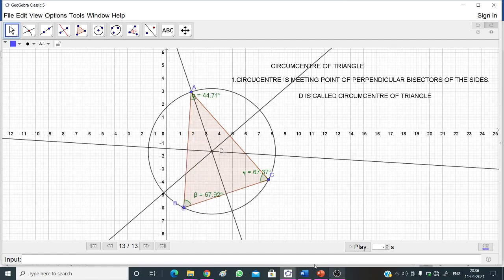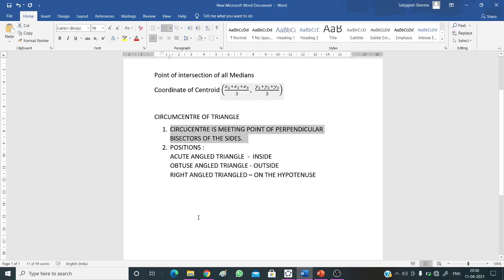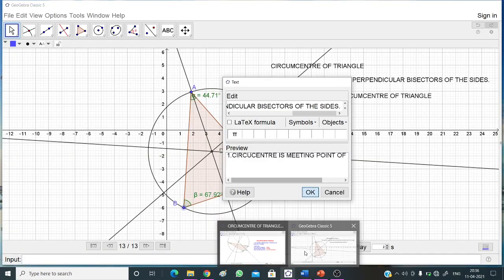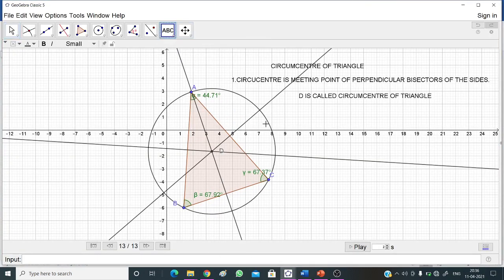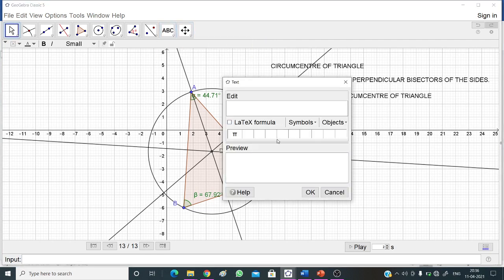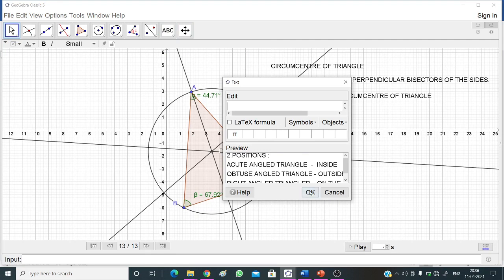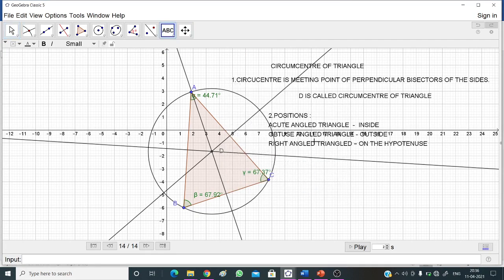So that means now we can verify the properties, that is, the positions. Now show it. Take the text and complete all the properties.